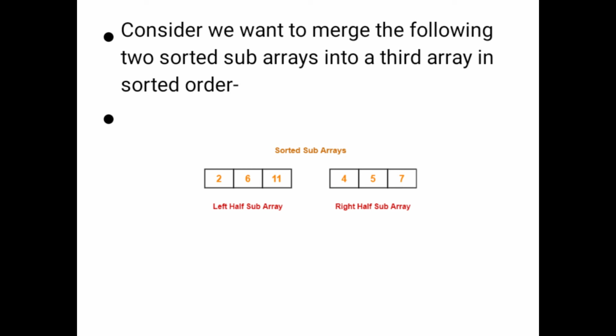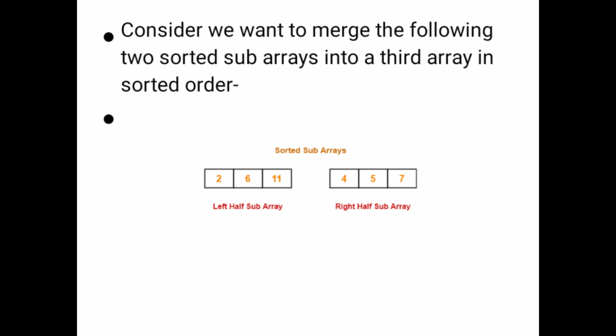Now you compare the first element of the left subarray with the first element of the right subarray. The first element of the left subarray is lesser than the element of the right subarray. You are pushing, that is inserting, the element of the left subarray into the vector c. After inserting, you have to increment the i pointer by 1 and the k pointer by 1, so that it points to the next elements. Now j remains as it is.